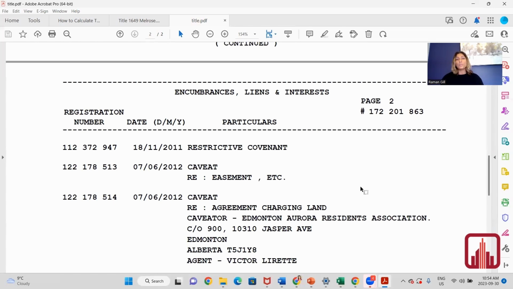So basically, the whole point of the architectural guidelines is that the properties in that area would conform to what the vision of that area was when it was first conceived. So when the developer developed the community, what was their vision? How did they want the community to look? And usually it's nice. And this is why the restrictive covenants will then go on the title, so that whoever purchases the property down the road, because developers are only there initially,